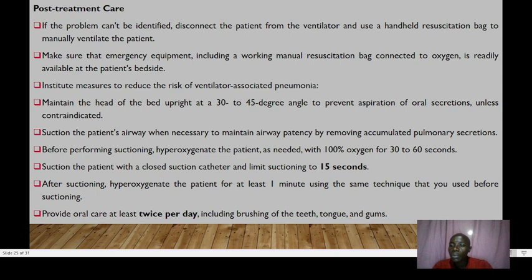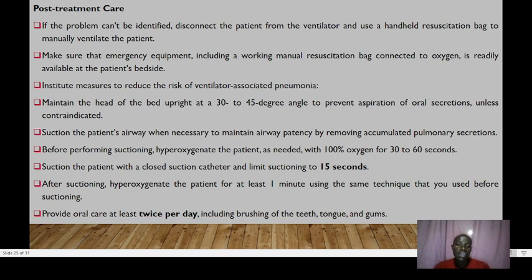And then, before performing suctioning, you have to hyperoxygenate the patient as needed with 100% oxygen for around 30 to 60 seconds. Then you suction the patient with a closed suction catheter and limit suctioning to only 15 seconds. So after suctioning, again, you have to hyperoxygenate the patient for at least a minute using the same equipment that you used before suctioning. Also, in addition, you are supposed to provide oral care at least twice per day, including